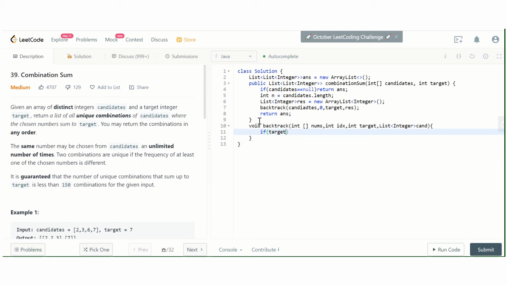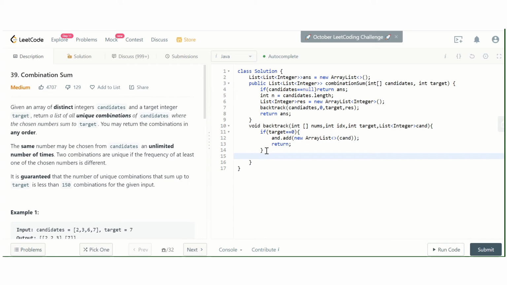So if target equal to 0, then we simply do res dot answer dot add new ArrayList of candidate, and simply return.